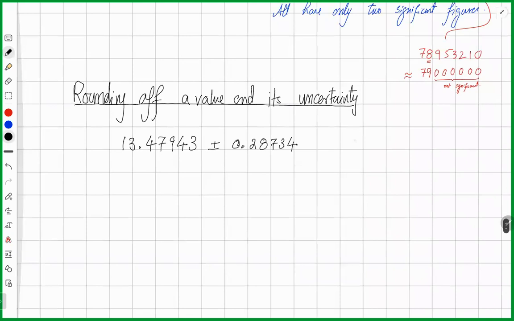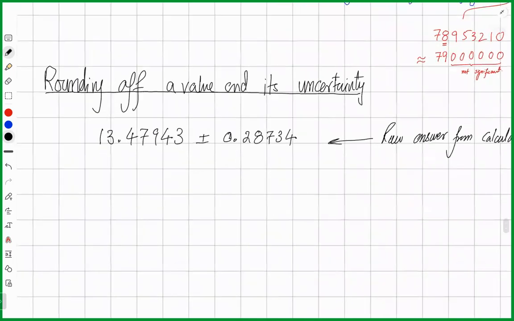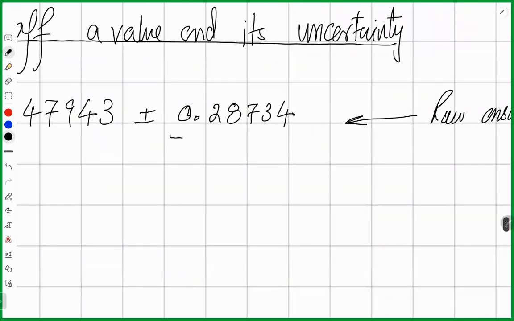This is the raw answer from the calculator. So your calculator gave you this answer. You have to properly round it off. Now, what is the technique? Let's start from the error part or uncertainty part. The rule is: